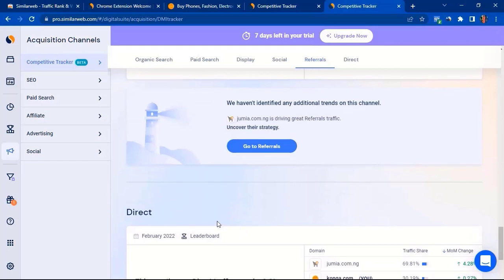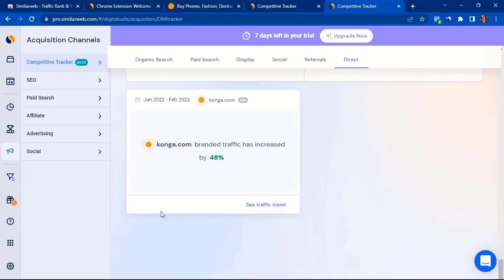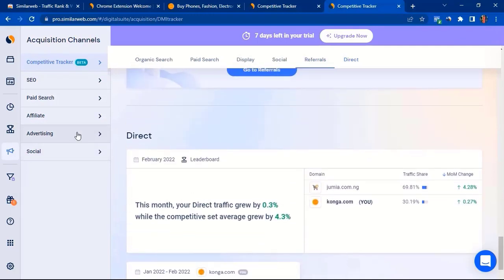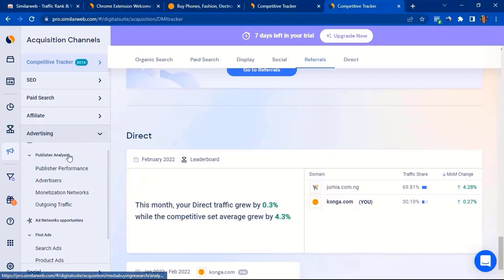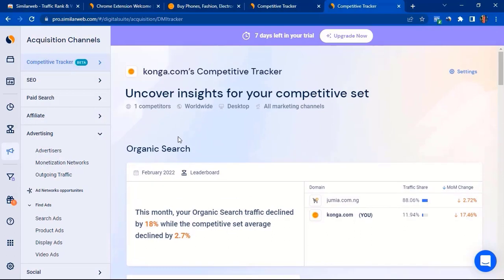So you can see all these things. We can go in deep. What you can do is just insane with all of this. We can go into advertising, their display ads, video ads, all these things. We can literally spy on our competitor and figure out exactly what they are doing. And the only thing that we have to do is, instead of consulting them and paying them millions to teach our team all these things, which I'm guessing you're not at liberty to do, you can literally figure out exactly what they're doing by leveraging this tool.